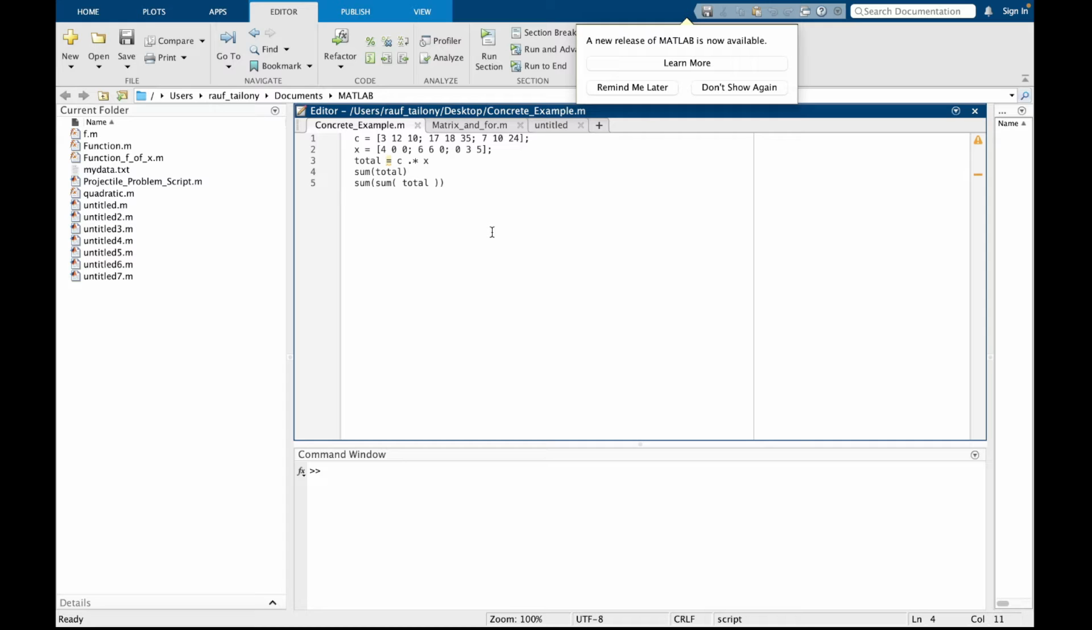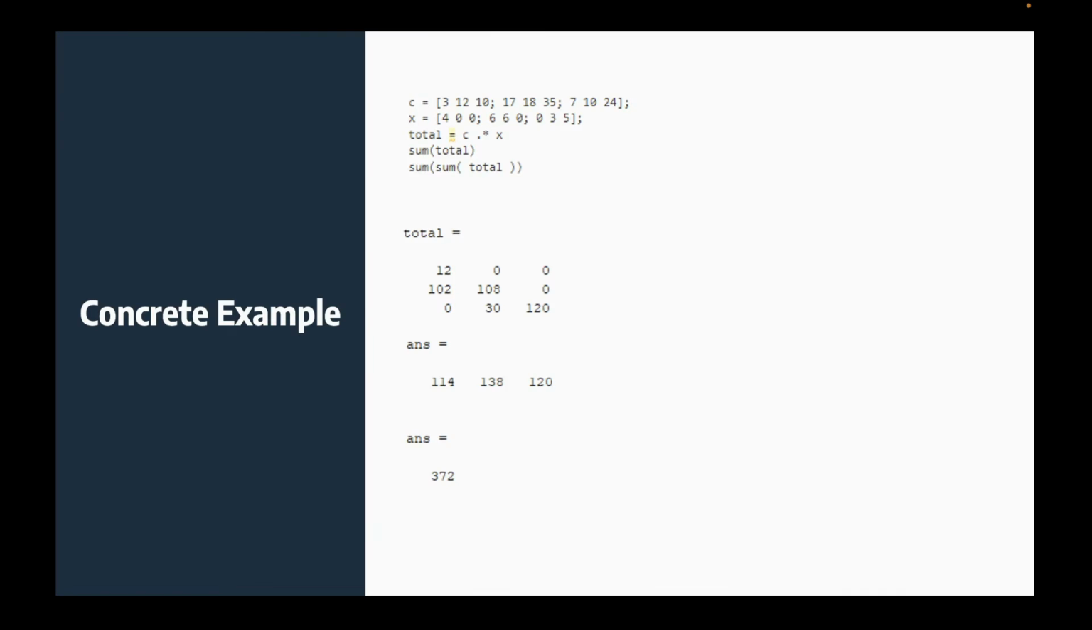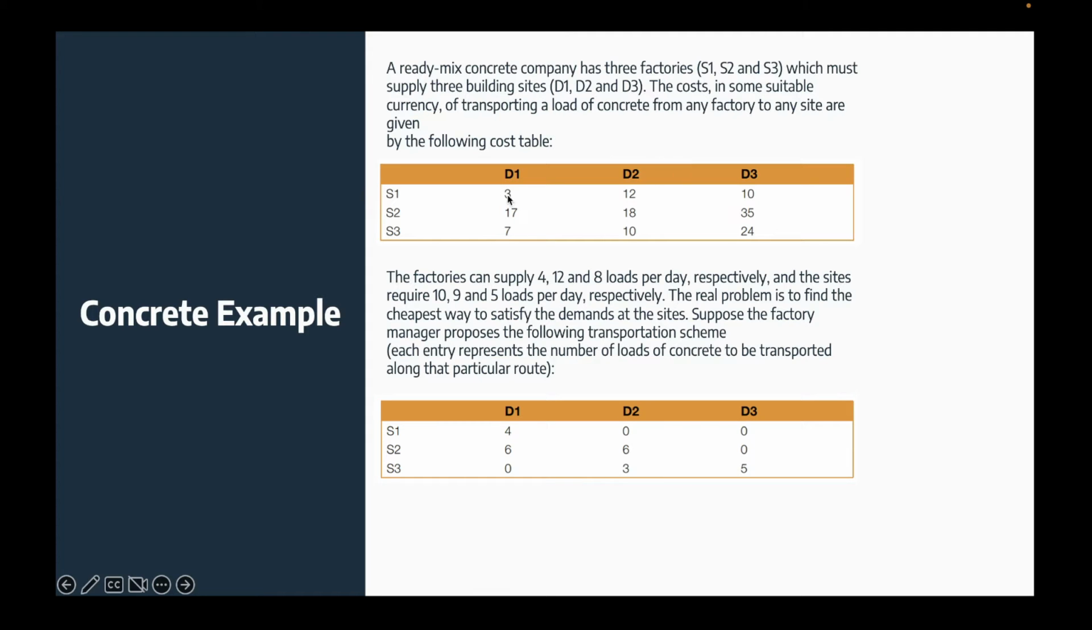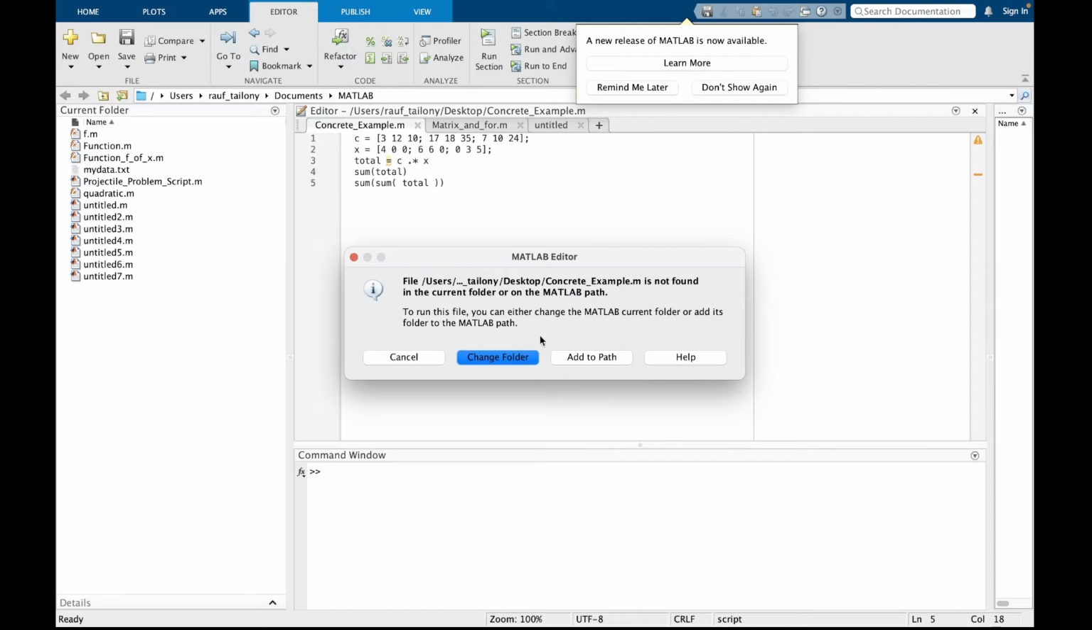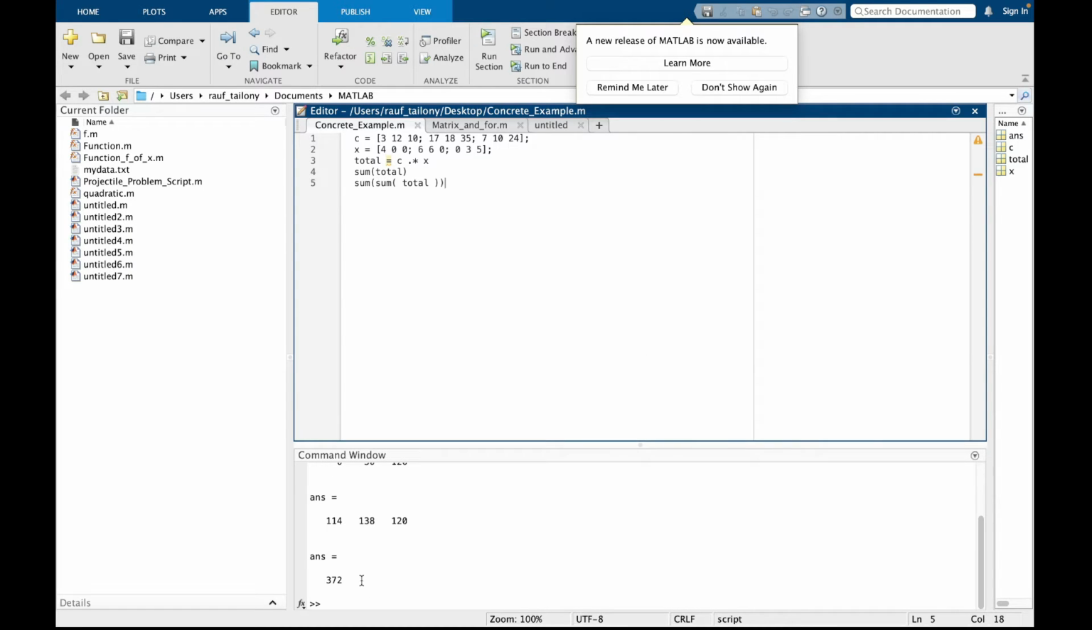X would be equal to 4, 0, and 0. Then the next line would be 6 space 6, then space 0. Then you would have 0, 3 space 5. So the table was saying, you've got D1, D2, and D3 for the first cost table. And for the number of loads, you can see X is representing the number of loads. If we run the code, add to path, and you should be able to get the total to be,